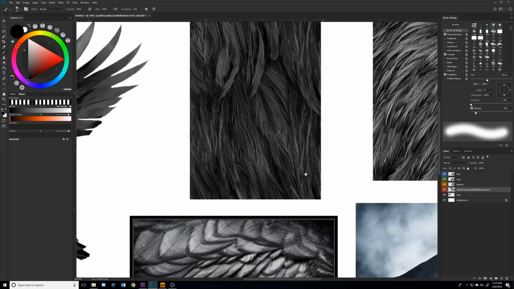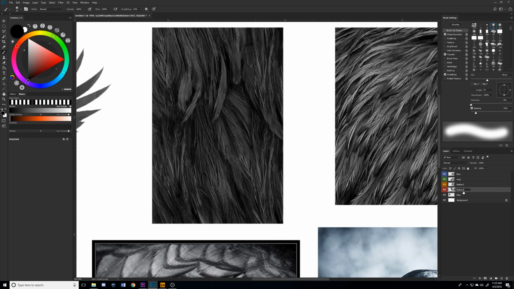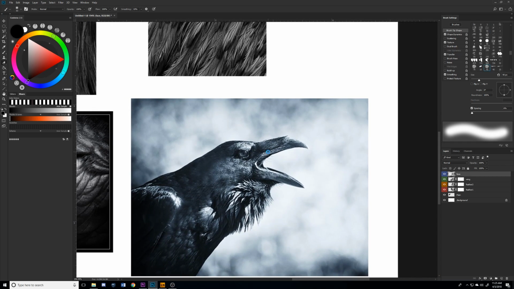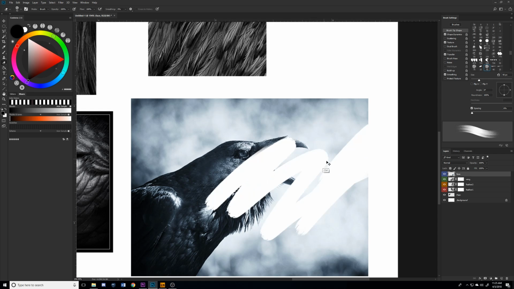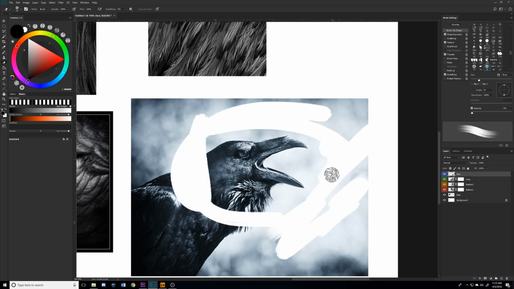So we're going to start with this guy here, red. I think this is feather 1. And the first thing you're going to do is put on a layer mask. A layer mask lets you not do destructive editing, and destructive editing, just to show you real quick, is when you can't undo something, like it's gone forever unless you're at the mercy of your control Z. So if you do this, and you only want this part of the raven,